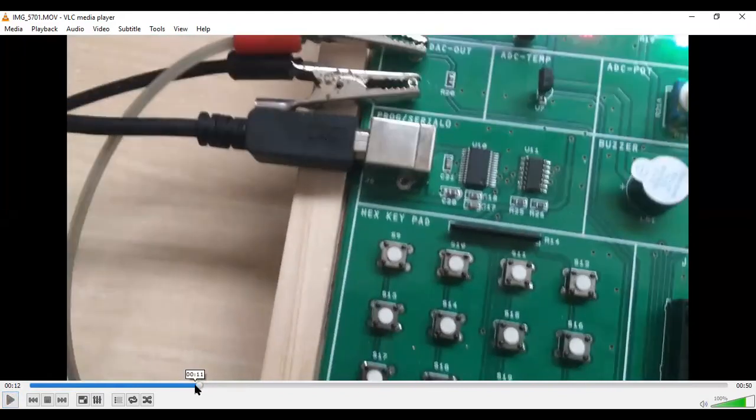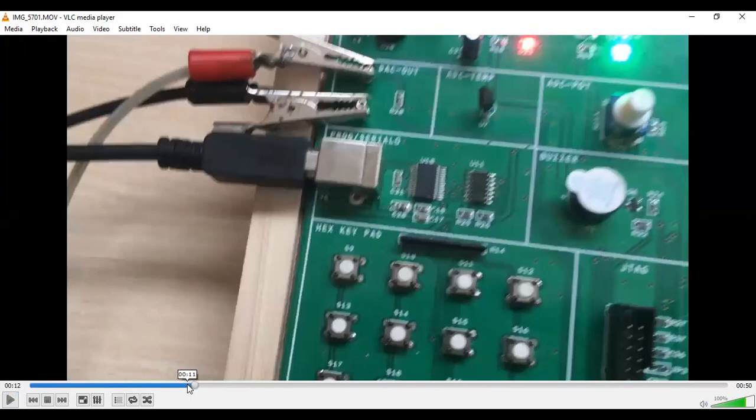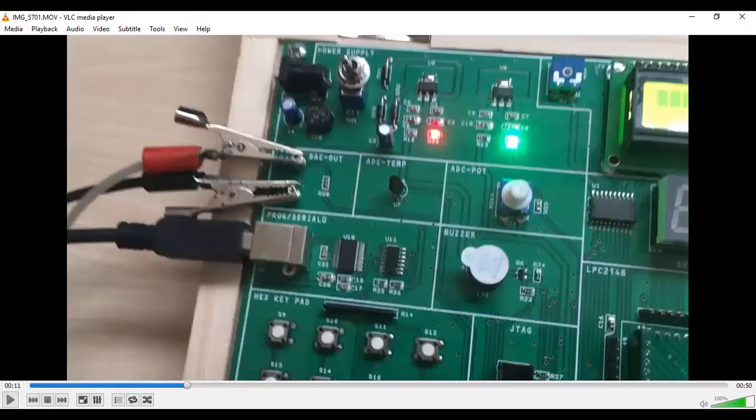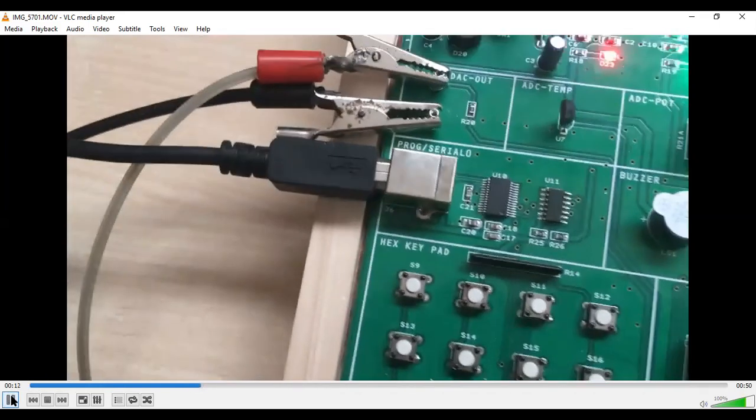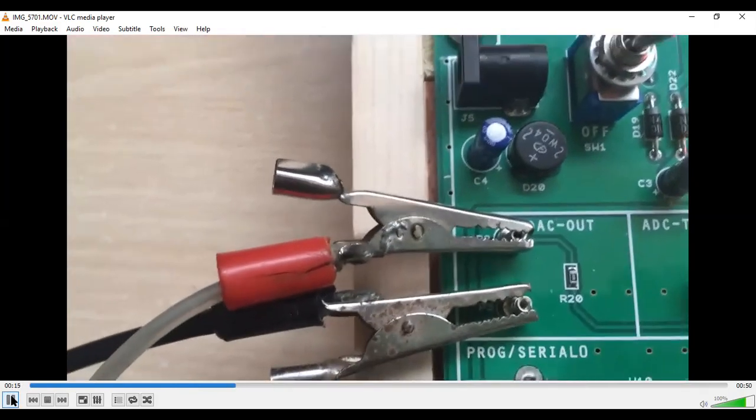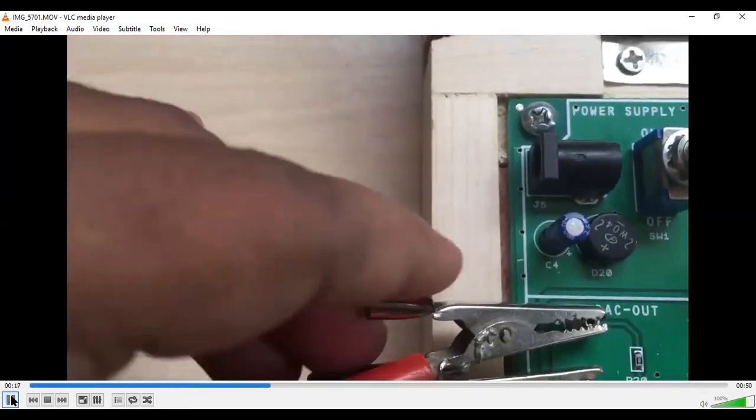I'll show you the way the probes are connected. See here, you can see the DAC output, correct? The red one with the positive voltage is connected to one output, and the negative one, the ground, is connected to the other port. We have two pins to be specific, one for ground and one for the voltage value. That means the output is connected to the CRO, to which the data is shown in the analog form. In this also you can see directly how the probes are connected, and I will remove one and show how the pins are there.